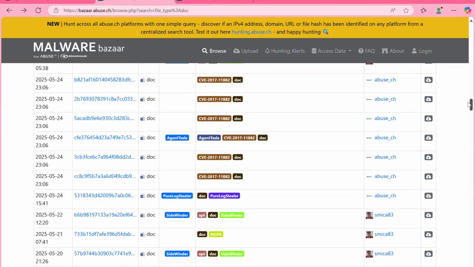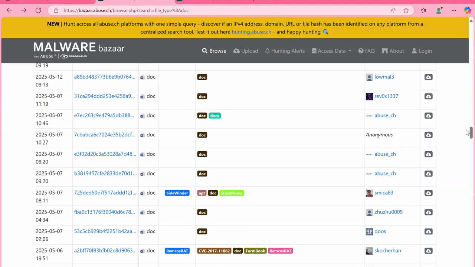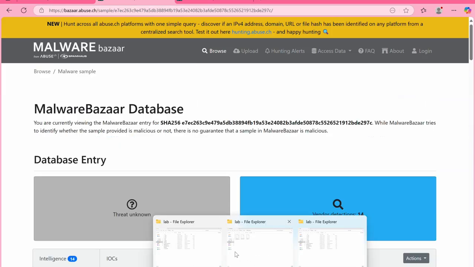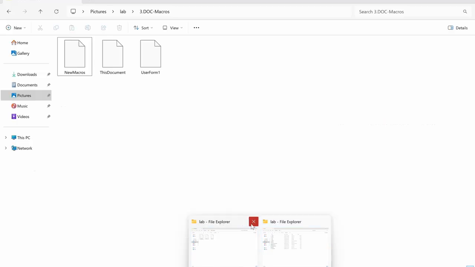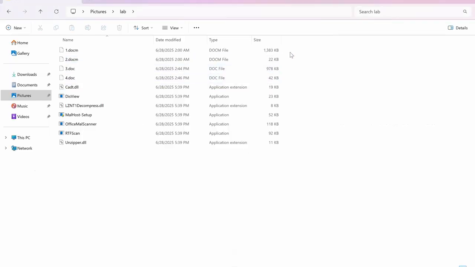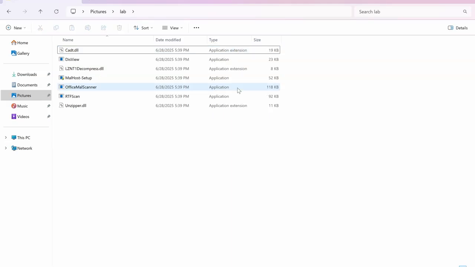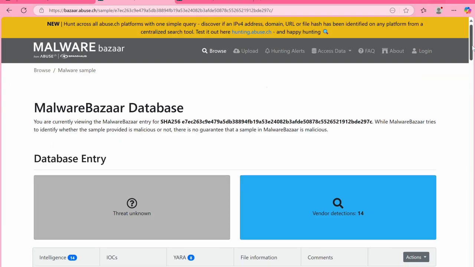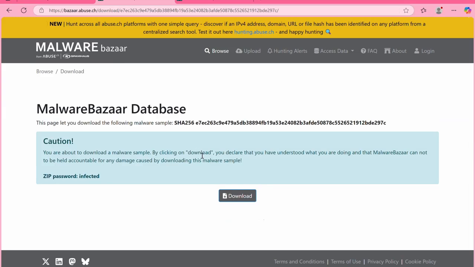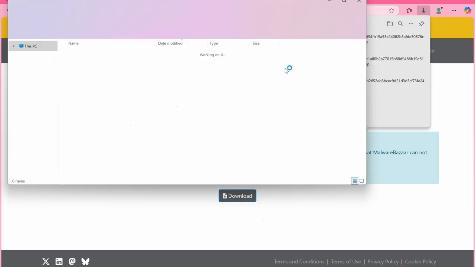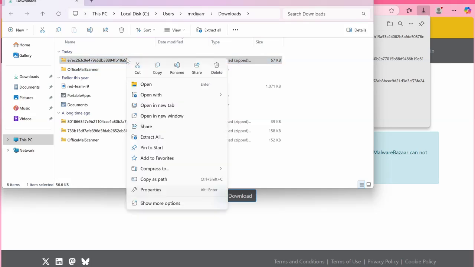Trying to find another document file. This one, let's try to use it. Okay, and download it, but first we'll remove the addition. This document is actually, yeah, and just close it and click download sample and download the sample,